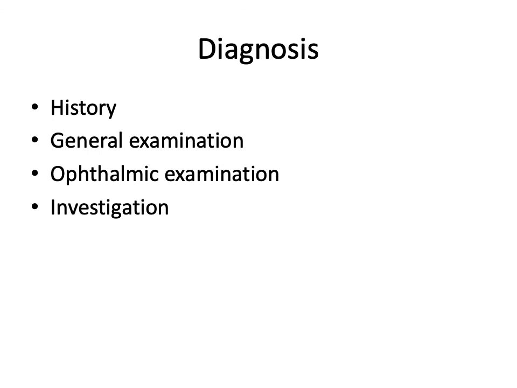You can do investigations for syphilis, investigations for TB, investigations for bacterial or fungal infection. Also, the aqueous tap and vitreous tap may be helpful in some cases. Fluorescein angiography, OCT, ultrasound on the eye, or other systemic investigations like chest X-ray and